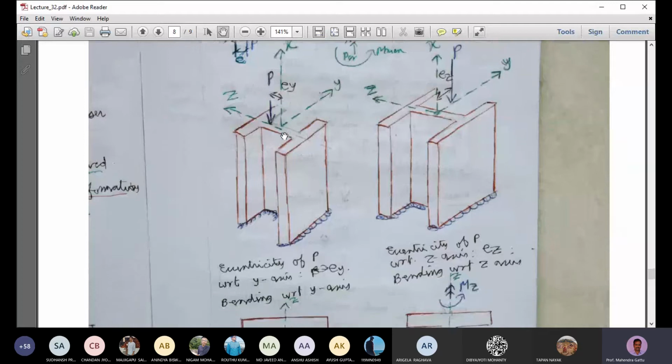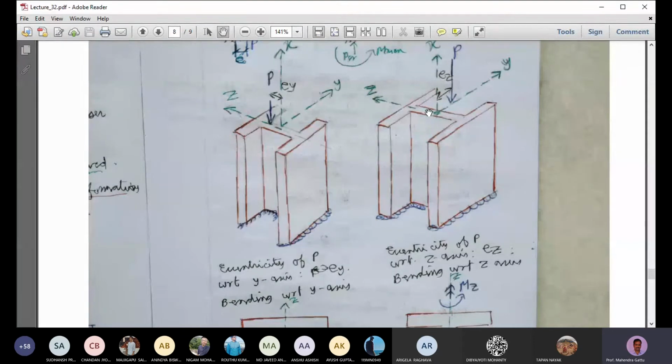Okay, so next idea is regarding the eccentricity. Yesterday we were discussing eccentricity of the load P. So the load P can lie on the y-axis or it can lie on the z-axis. So here it is lying on the z-axis. So this column has eccentricity Ey. And in this I-shaped column, the load P is lying on the y-axis, so the eccentricity is with respect to the z-axis here. So eccentricity is easy. For the first case, the bending will happen with respect to the y-axis, and in the second case, the bending will happen with respect to the z-axis.